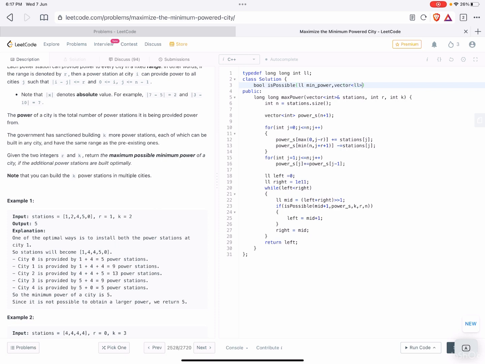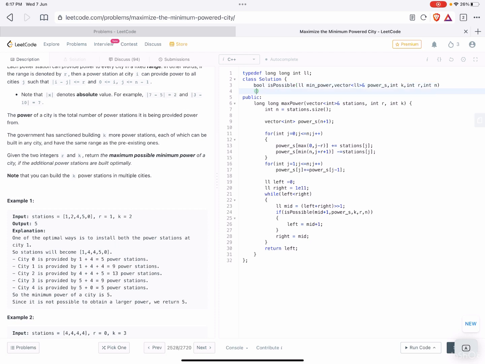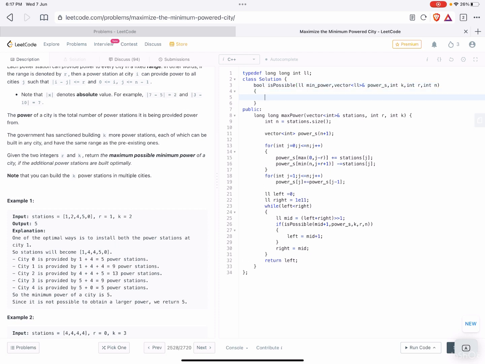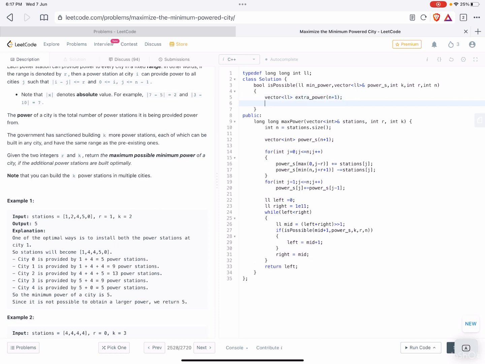Vector of long long extra power of size n plus 1, for int j equal to 0, j less than n, j plus plus.